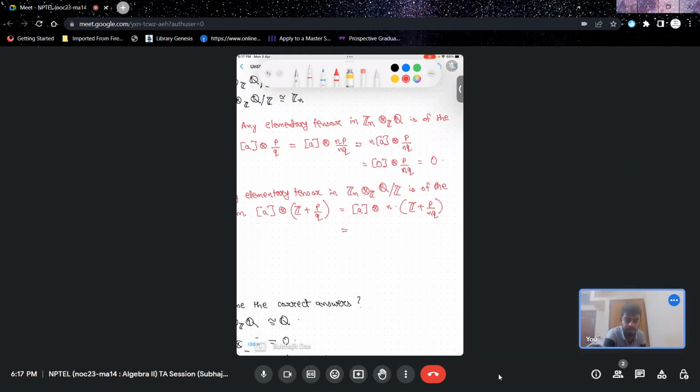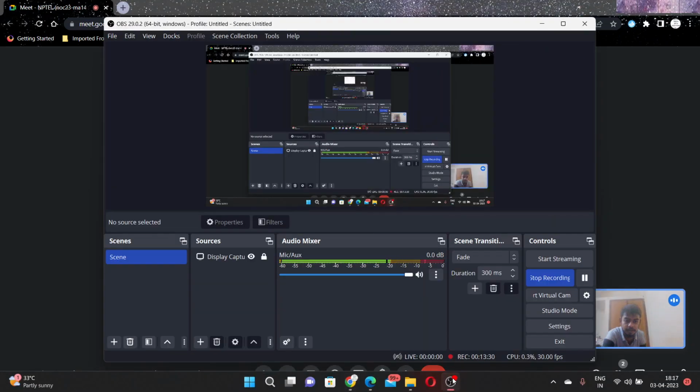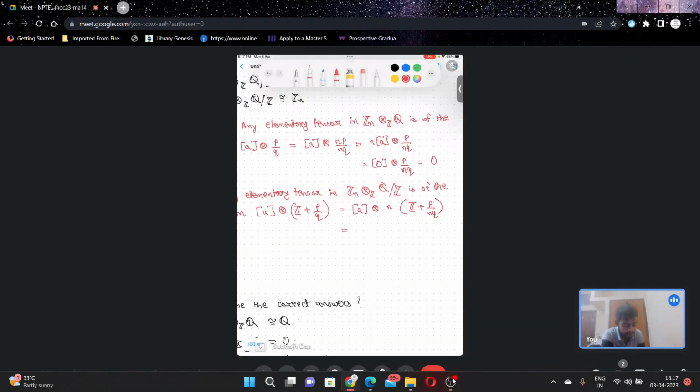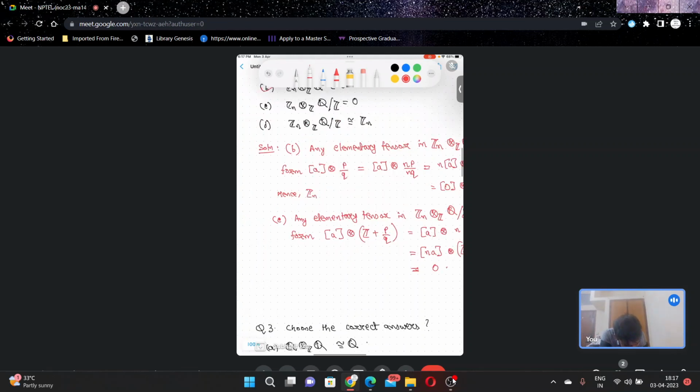Let me just check. Yeah. So we can take the n on the other side. So we can get n times a tensored with the class of p over q, right? And this is equal to 0, right? So certainly any elementary tensor is 0. Yeah, so I should have written here: hence Zn tensored over Z with Q is 0, and hence Zn tensored over Z with Q mod Z